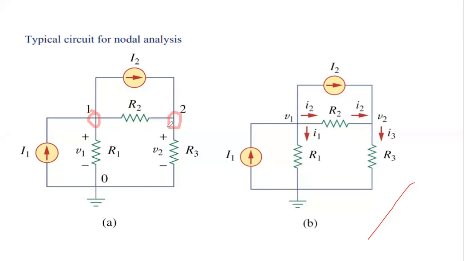Because these three elements are joining here. Here also three elements are, not three, four actually. They are joining here. I should tell you that